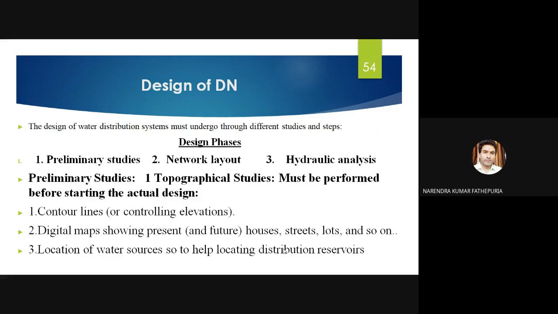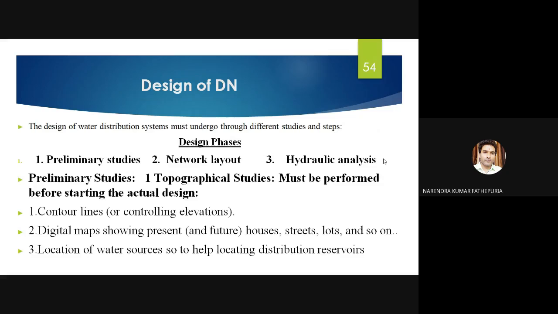Now we'll come to the design part of the distribution network. The design of water distribution systems must go through different studies and steps. First is the design phase. It starts with the preliminary studies, then the network layout, and the third is the hydraulic analysis. While you're going to design a distribution network, you have to cross various stages. Now, first is the design phase,